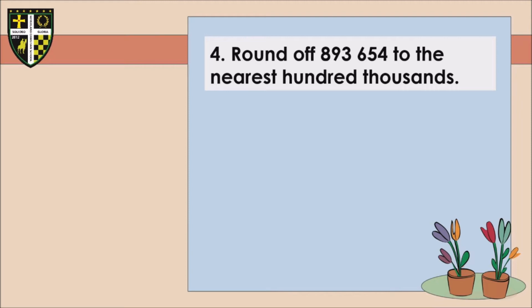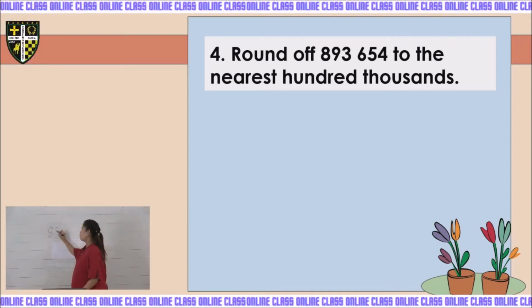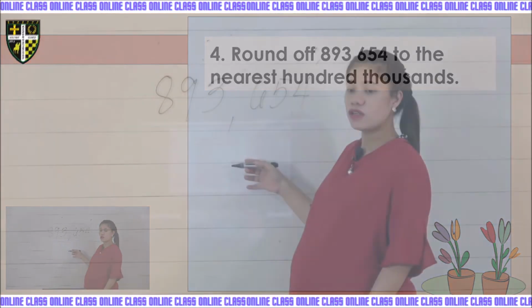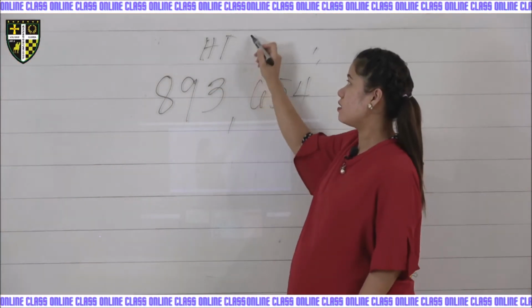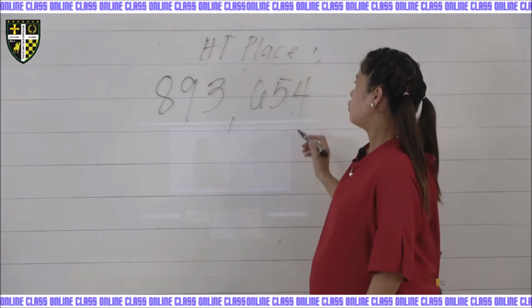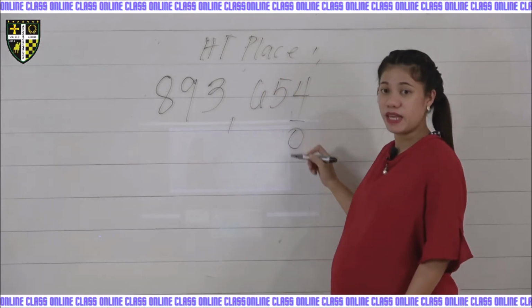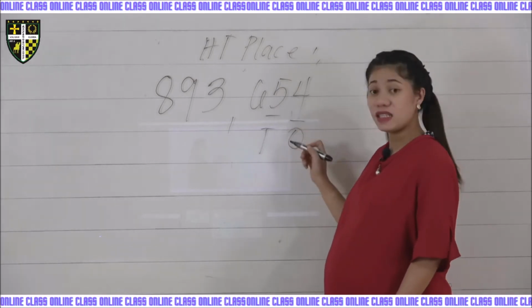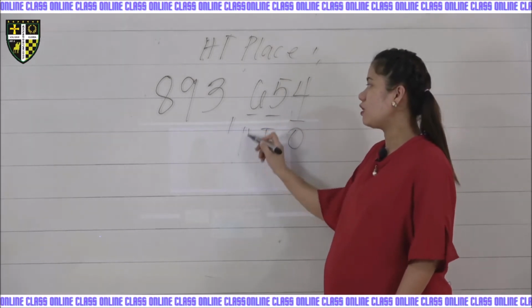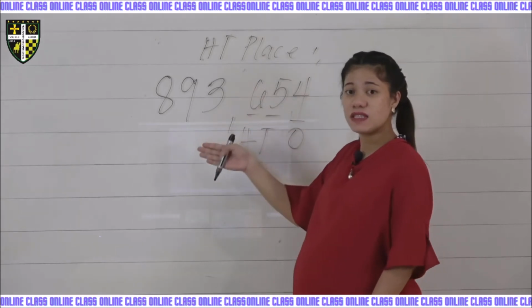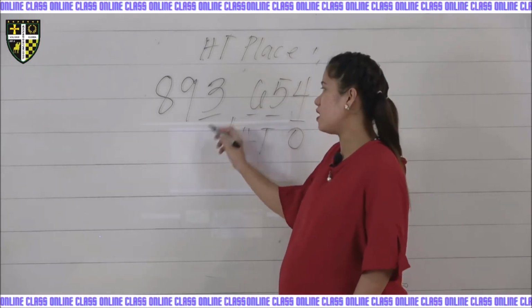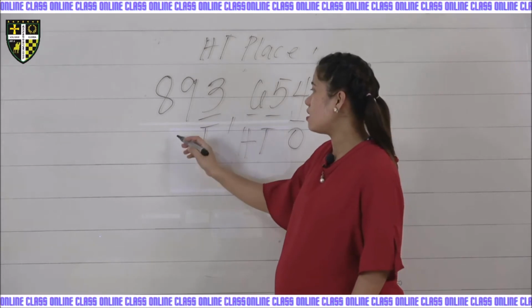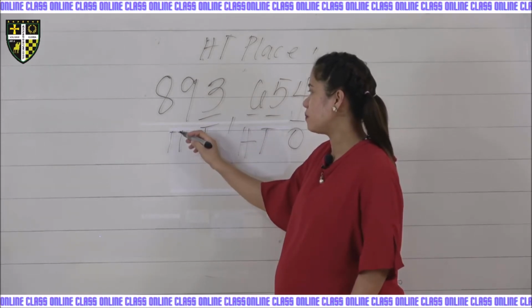So again, we have 893,654. Can you see the number, kids? So let's focus on the 100,000s place. 4 will be the ones place, 5 will be the tens place, 6 will be the hundreds place. Then in the thousands unit period, we have 3 as the thousands place, 9 as the 10,000s place, and then